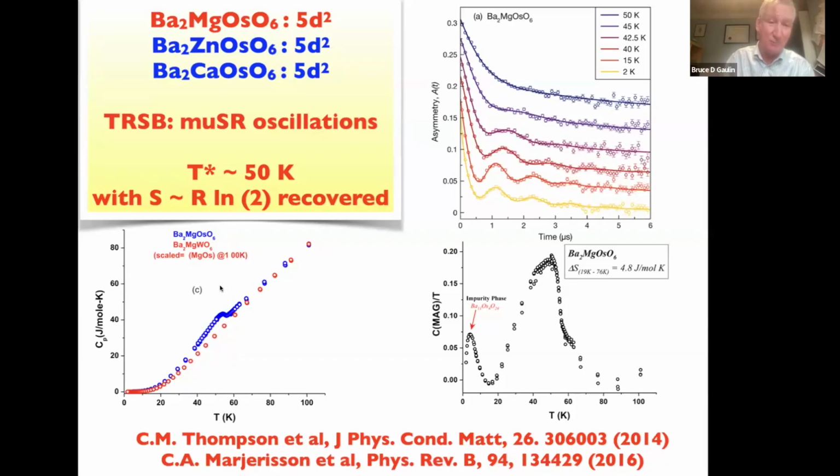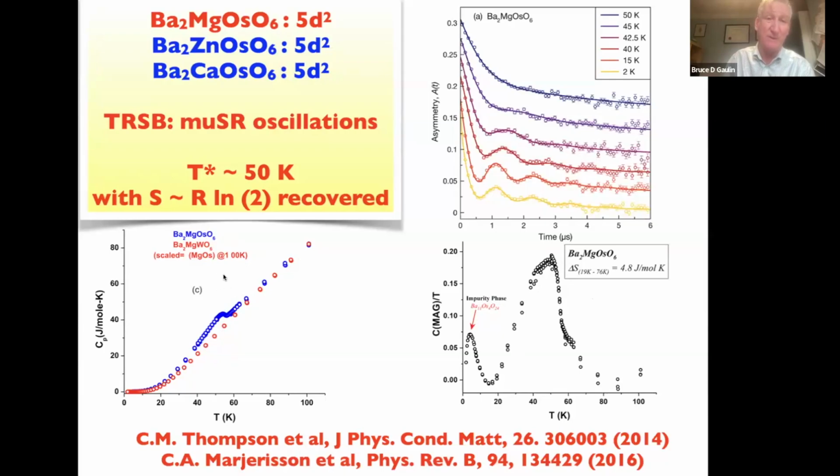And at any rate, we see that there's an anomaly at about 50 Kelvin. And the fact that we've got this blank sample means that we can subtract the two and isolate the orbital or magnetic heat capacity and determine the entropy that's recovered up to about twice